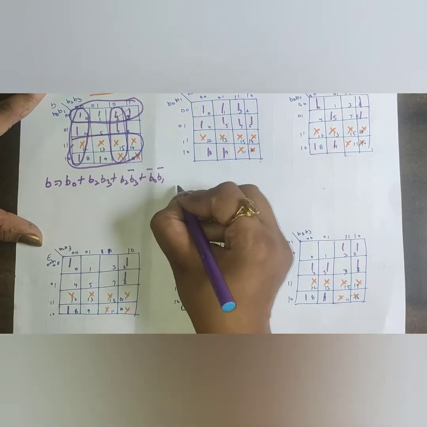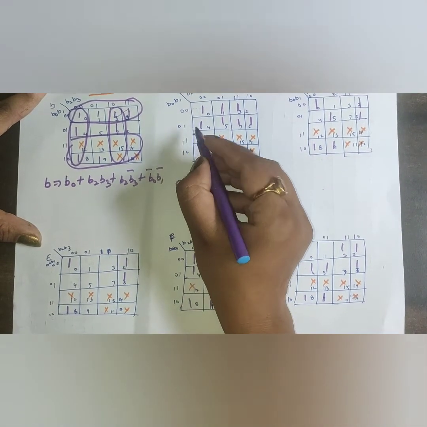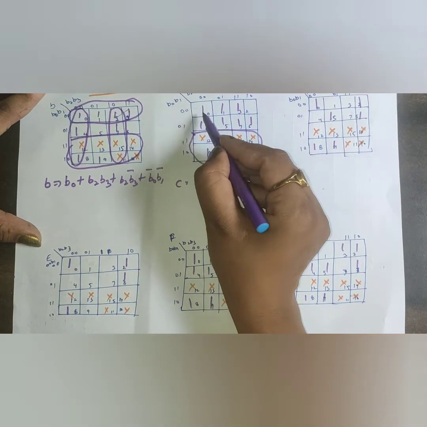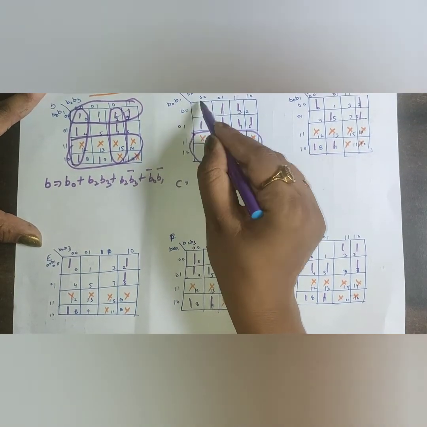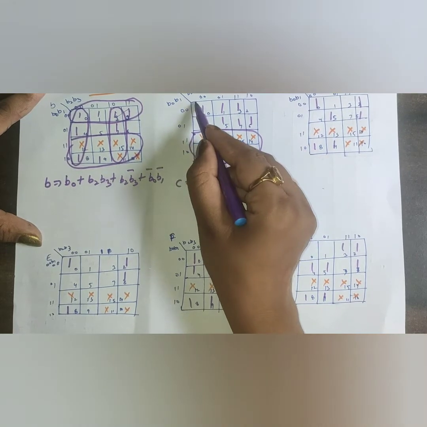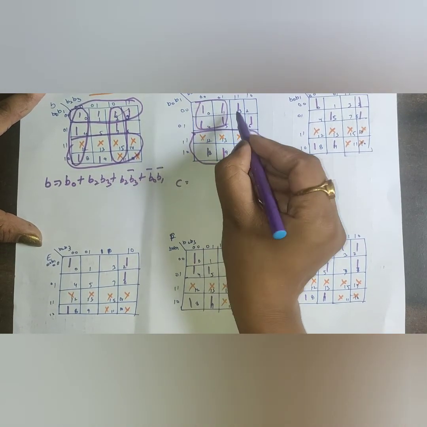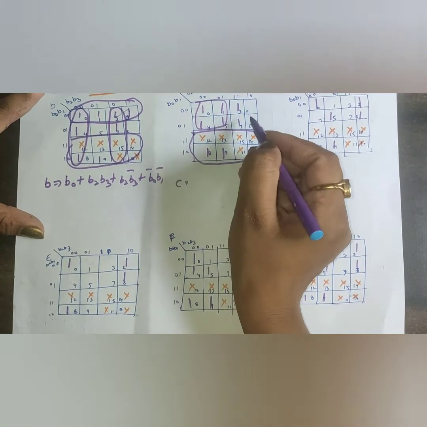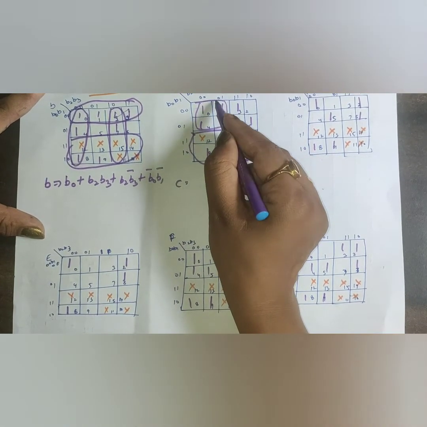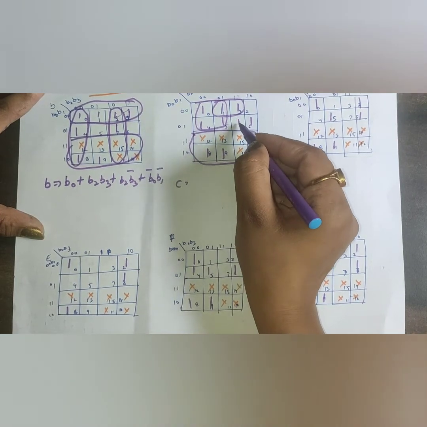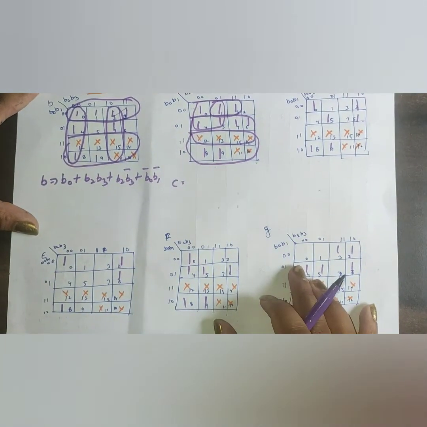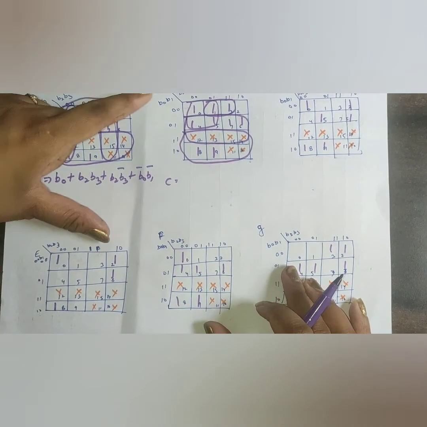Okay. Now C. C for, I think this is a group like this, and this can be made a group like this, and this can be made like this, and if there is also one it can make, but there is no one, so it can be made like this, and this can be made like this 8. Okay, because we give preference of 8 rather than 4.